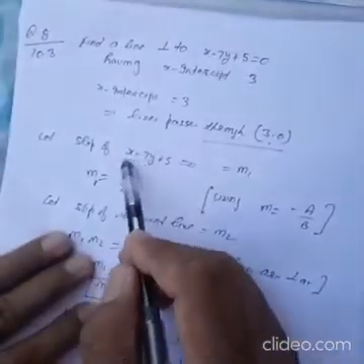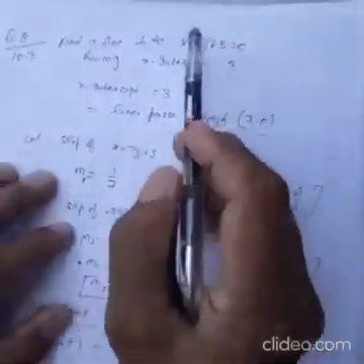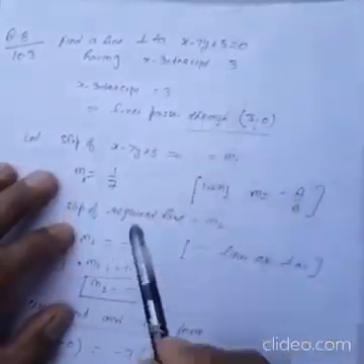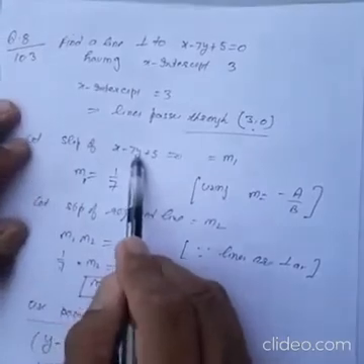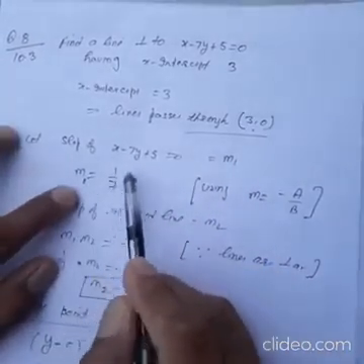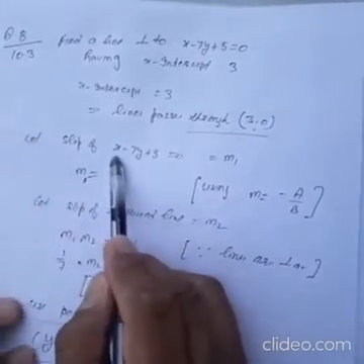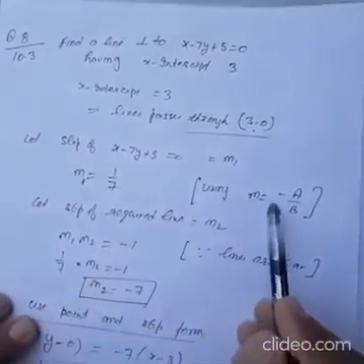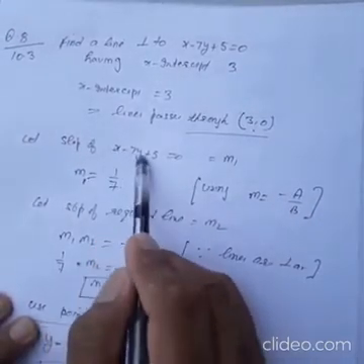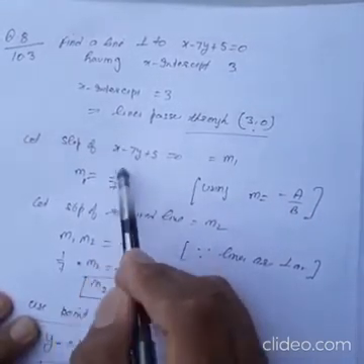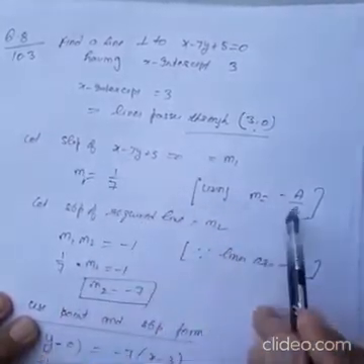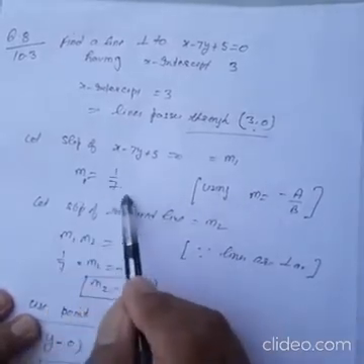Now, because the required line and this line are perpendicular, indirectly we are given the slope. So find the slope of the given line and let it be m1. The slope will be 1 upon 7. This is the general equation, so we can use the formula slope is minus a upon b, where a is the coefficient of x and b is the coefficient of y. The coefficient of x is 1 and the coefficient of y is minus 7. So put in this formula and the slope will be 1 upon 7.